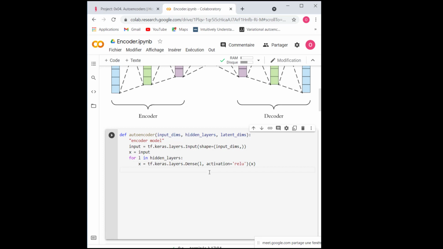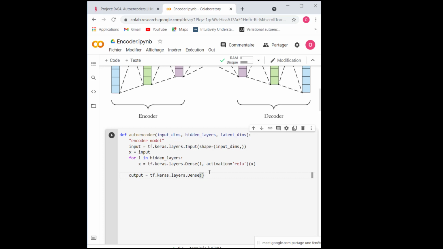After having all these hidden layers, I'm going to have my output, which is also a dense layer. My output will have my latent dimensions.